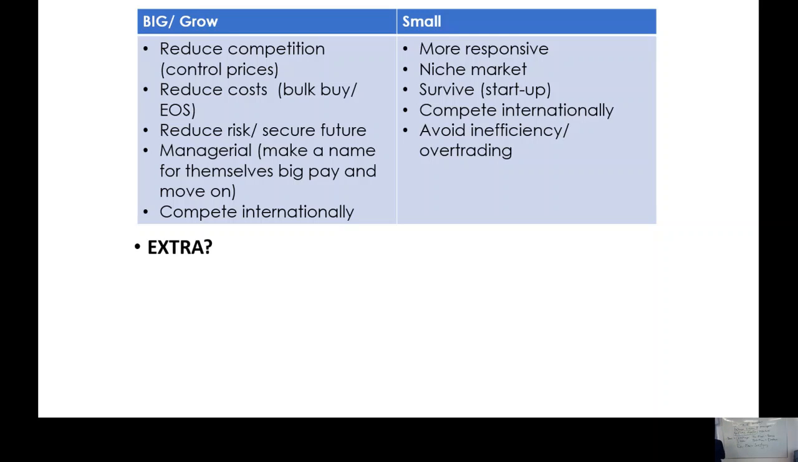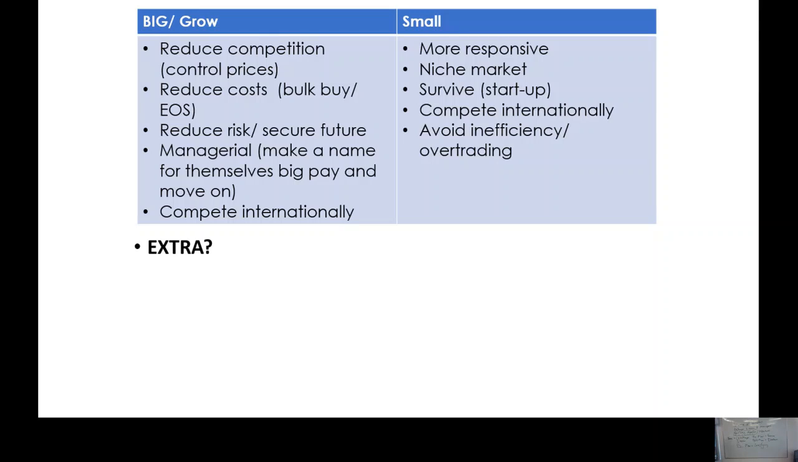Benefits of being small or shrinking. You can be more responsive. You can respond to your customers more quickly. You can give them more accurately what they want. This allows you to look at niche markets, which may allow you to charge an even higher price because you are providing a really specific